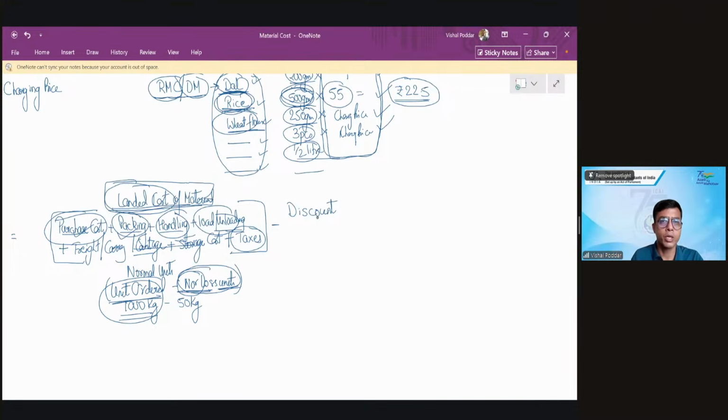So many times, whatever is the purchase price or purchase cost, there are different discount terms which the supplier offers. If you buy so much quantity, I'll give you a discount. If you make upfront payment, I'll give you a discount. So if there is any discount which you are getting, you will subtract it. Also, what you will subtract is, now pay attention,